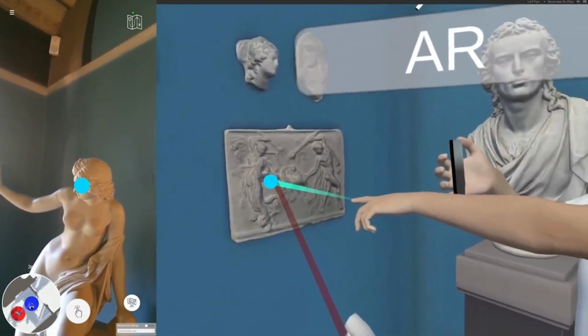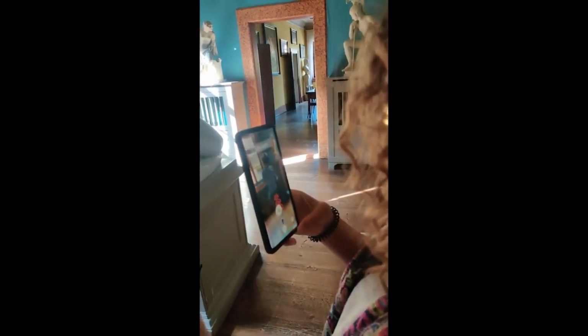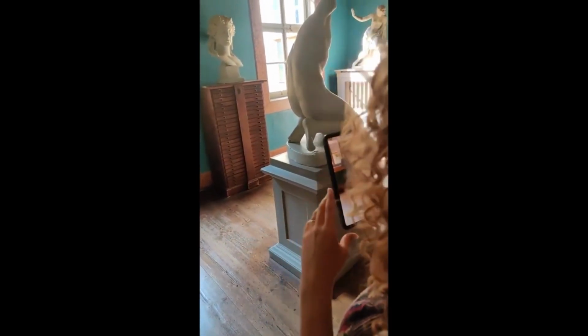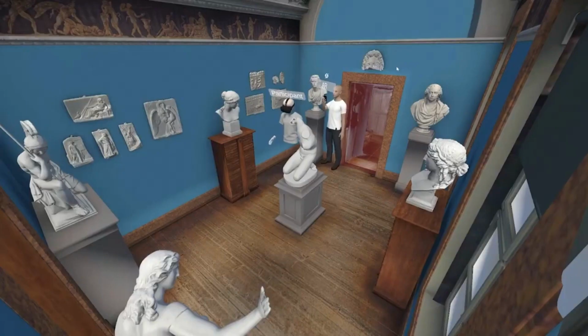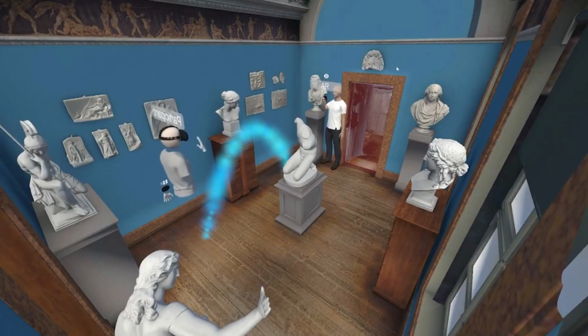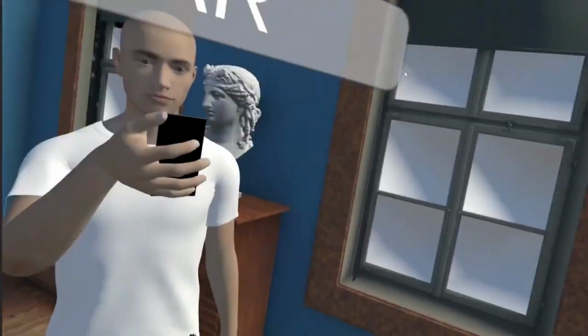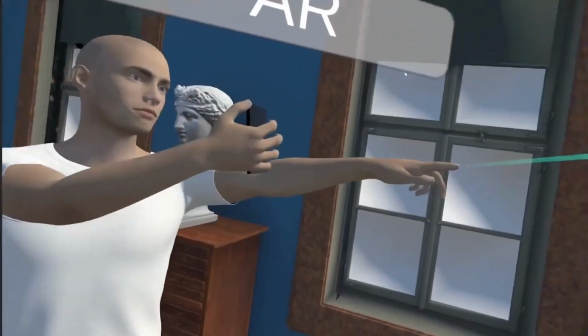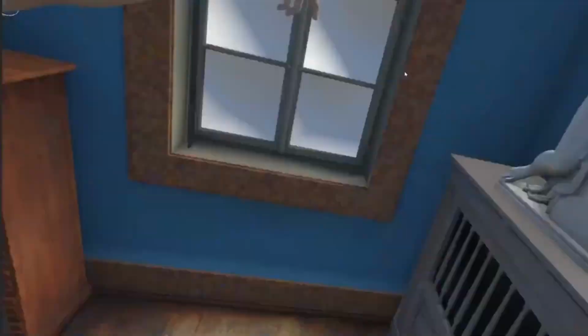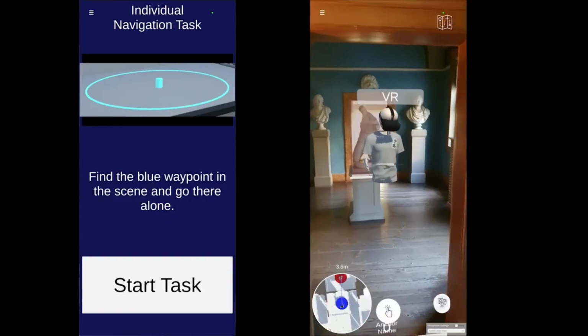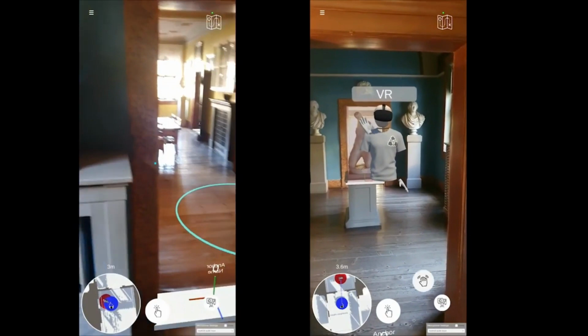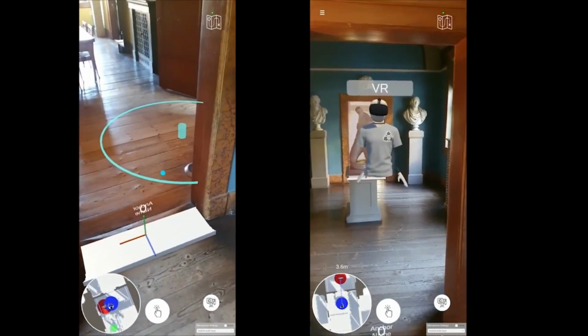We evaluate our system in a real-world scenario of museum co-exploration between an on-site smartphone AR user and a remote VR user. We invited experts from the museum to test our application. They were asked to navigate around the museum as well as point towards different artifacts and communicate with each other. Our findings suggest that UniteXR allowed for easy navigation and communication between hybrid participants in a museum co-exploration scenario.